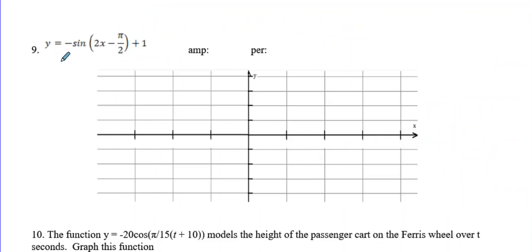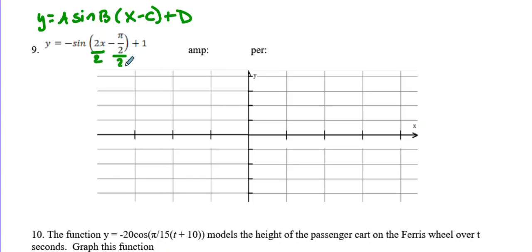Okay, in problem 9, we have something new that we haven't seen before. What we've seen before is y equals a sine, and the b is factored out, and then x minus c plus d. Our b value is not factored out, so we have to factor out a common factor of 2. The way you do that is you divide this by 2, you divide this by 2, and that factors the 2 out. So our new equation is y equals negative sine, factor out that 2, we're left with x minus pi over 4